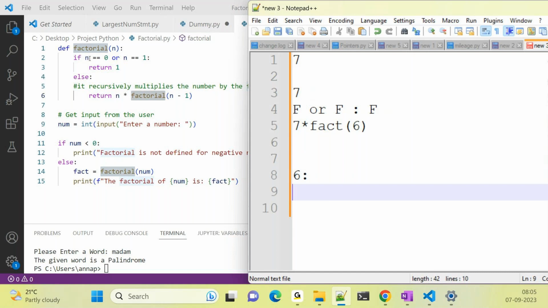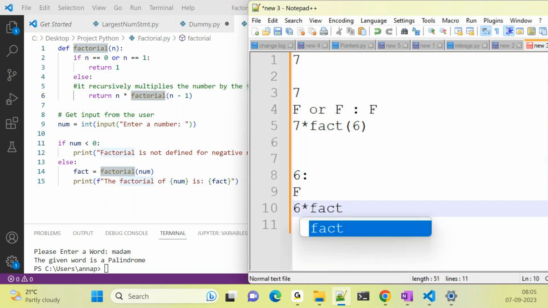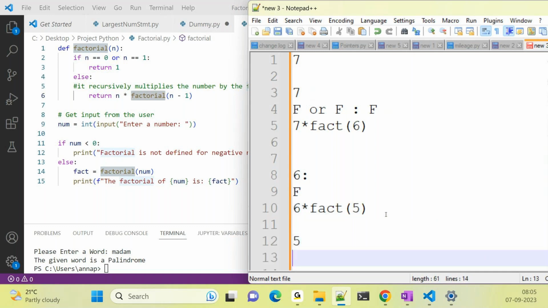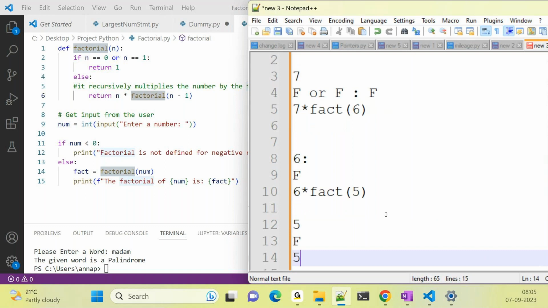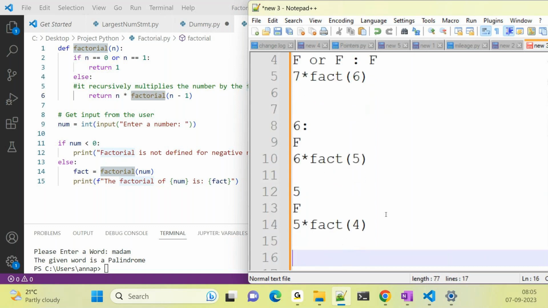So what happens? Again it does this check. So it is false, so it is going to the else block: n into n minus 1. So 6 into factorial of 6 minus 1, which is nothing but 5. So again this factorial function is called. For 5 it is again false, and 5 into factorial of 4. For 4,